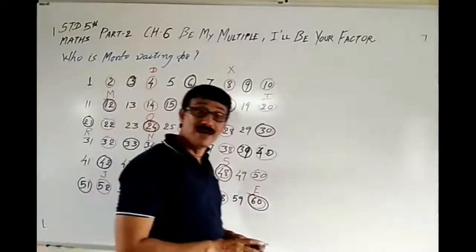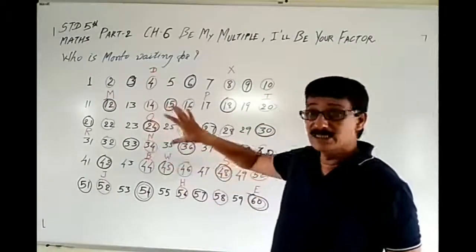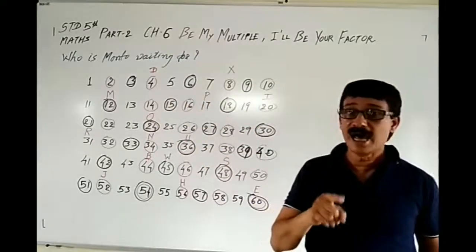So these are the multiples of 3 we can say, or the numbers which are circled with black can be